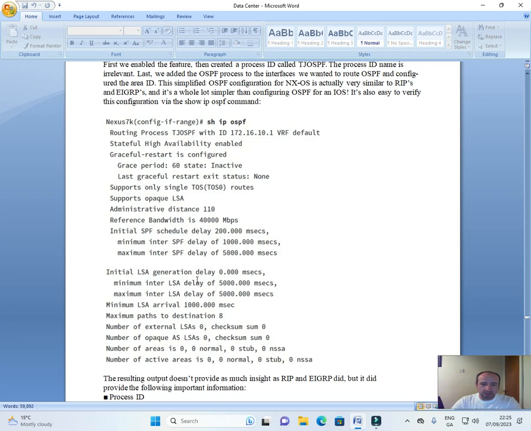Initial LSA generation delay 0.000 ms/ECS, maximum inter LSA delay of 500.000 ms/ECS, maximum inter LSA delay of 500.000 ms/ECS, minimum LSA arrival 100.000 ms/EC, maximum paths to destination 8, number of external LSAs 0, checksum 0, number of opaque LSAs 0, checksum